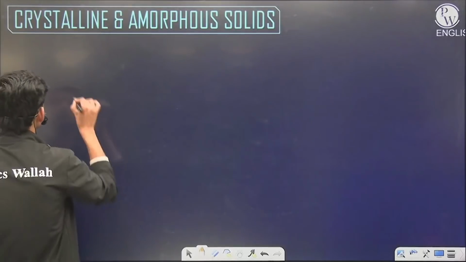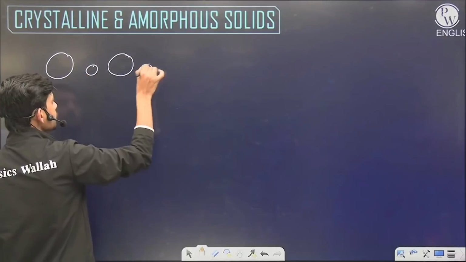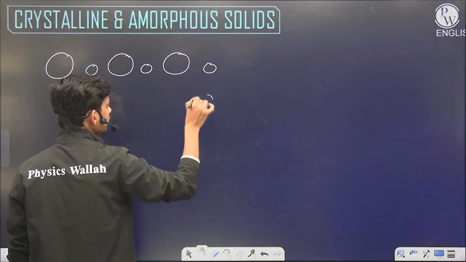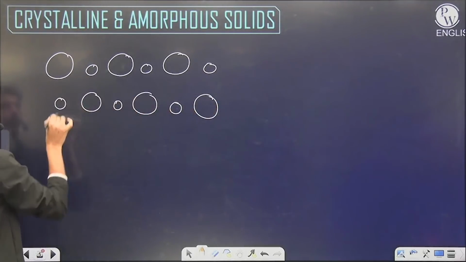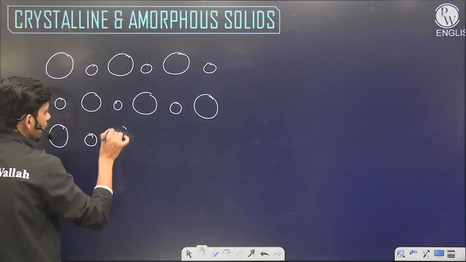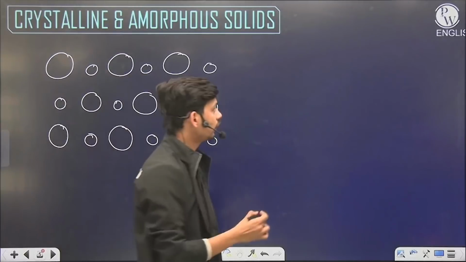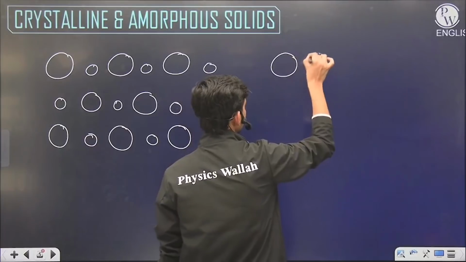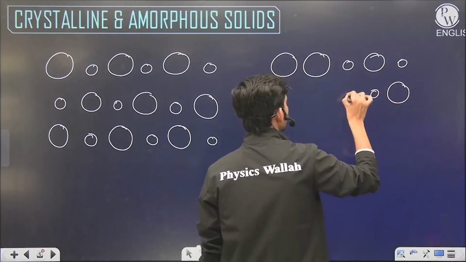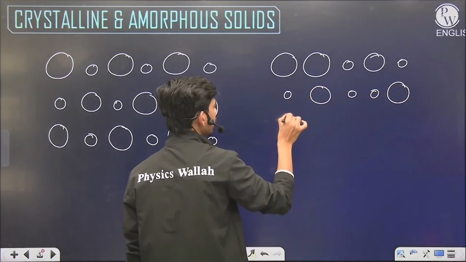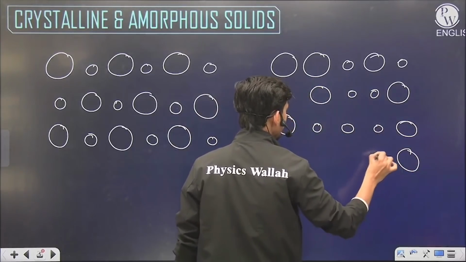If we see here, suppose we have a solid of bigger and smaller atoms, then a crystalline solid will have a definite pattern for a very long range. If I arrange the particles in an alternate manner, then the whole solid or a very long portion of the solid will have this alternate pattern. Whereas in an amorphous solid, the pattern will be random or short range. It could be something like this, a totally random pattern. Somewhere we will get an excess of bigger particles, somewhere an excess of smaller particles. So this has a very random pattern.